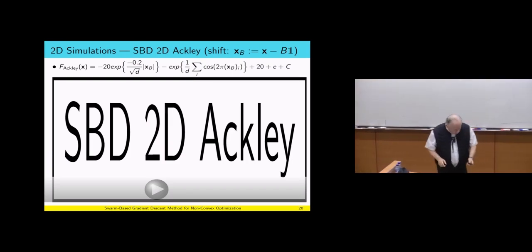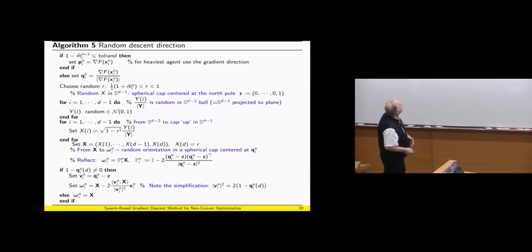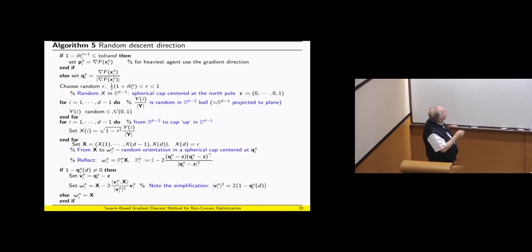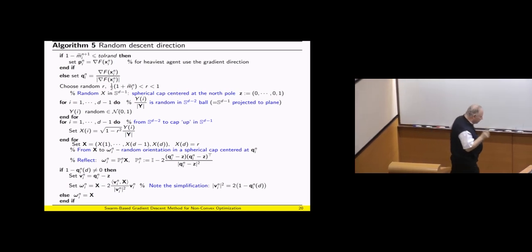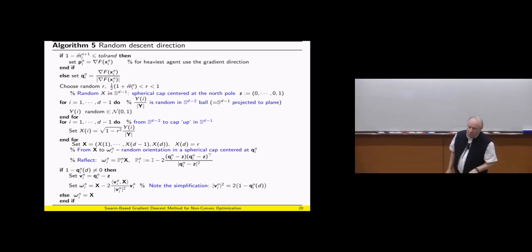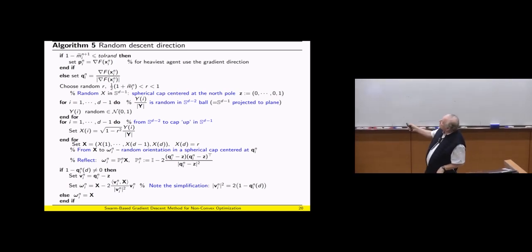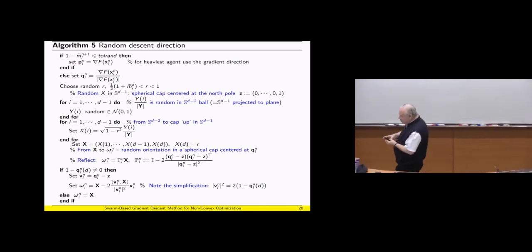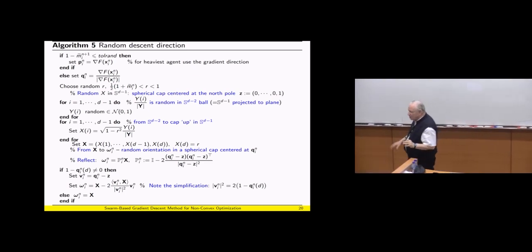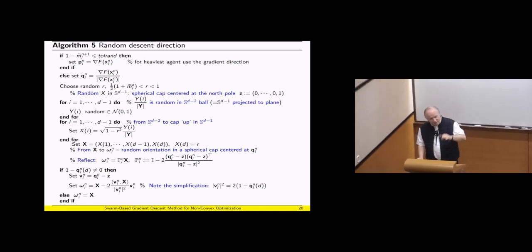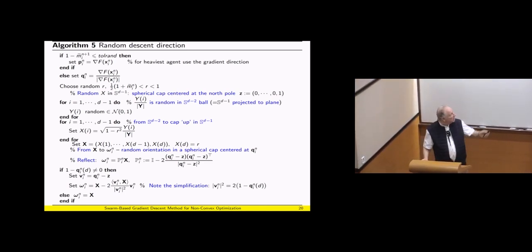Before we, you know what? Why don't I do the maneuvering? Okay, so this is the one slide computation of random descent direction. So we go in a random descent direction. That is, we go in a random direction, but I still insist that you will go down. And this is the recipe here. I will not elaborate that because in a lot of the literature they try to do it by rotation. The bottom line is, don't do rotation, do reflection. That's what I can tell you. Reflection is better than rotation. It's more efficient. It requires essentially one inner product.